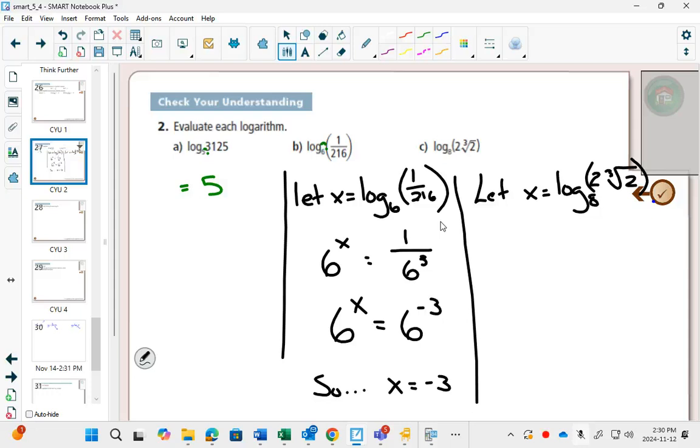But if you just say x equals and don't use the word let, then they take off an E3 error because you have a new variable that you haven't introduced. It's like impolite, bringing x to a party and not telling anybody, hey, this is my friend x, and introducing it. So we do this part, we introduce x, let x equal this, then we can change